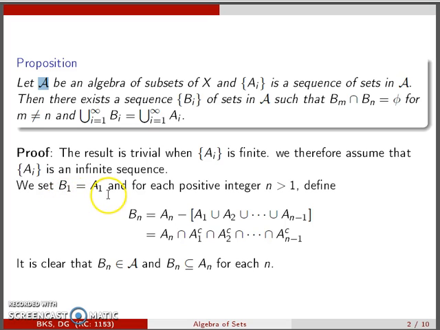We set B1 equal to A1, and for each positive integer n greater than 1, we can define this Bn as An minus union of all Ai's up to An minus 1. And this can be written in terms of complements: An intersection A1 complement and so on up to An minus 1 complement. Now, since script A is an algebra, Ais are subsets in that algebra, so their complement and hence their union are also in script A, so Bn are in script A,